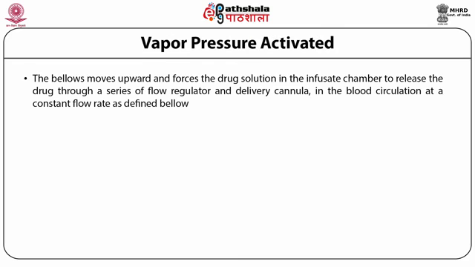The bellows move upward and force the drug solution in the infusate chamber and release the drug through a series of flow regulator and delivery cannula in the systemic circulation at a constant flow rate. The equation related to the drug release goes as dQ/dt equals